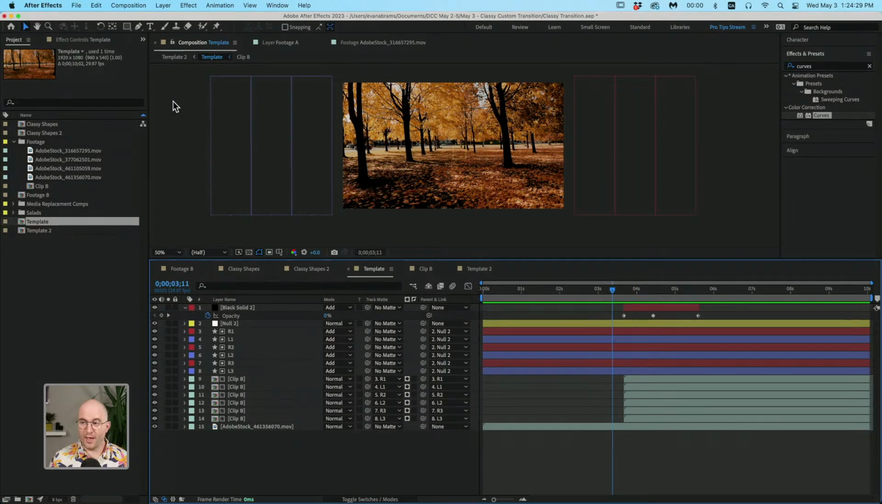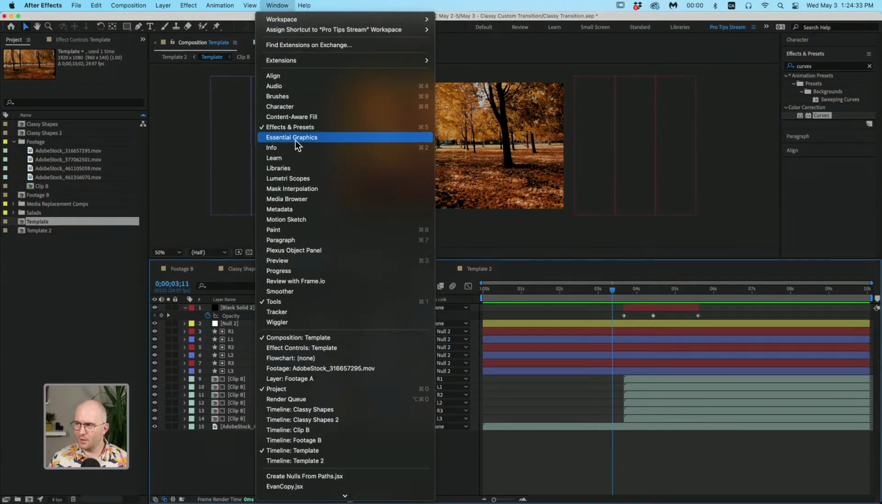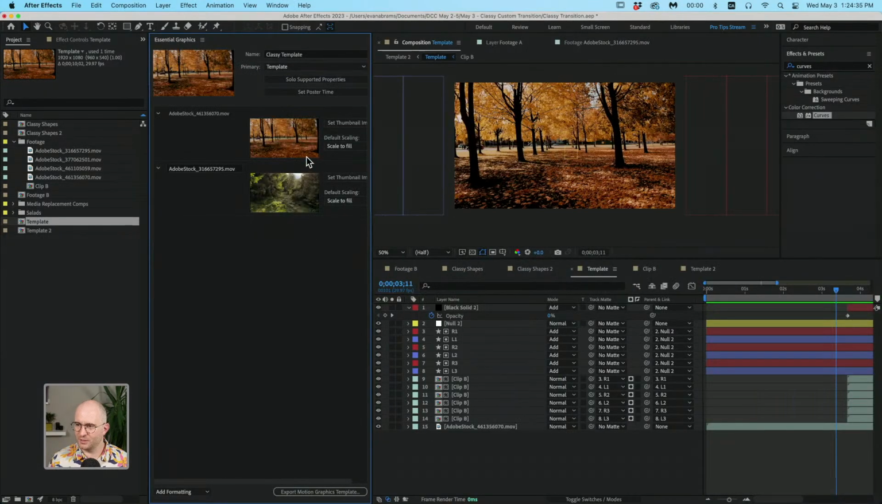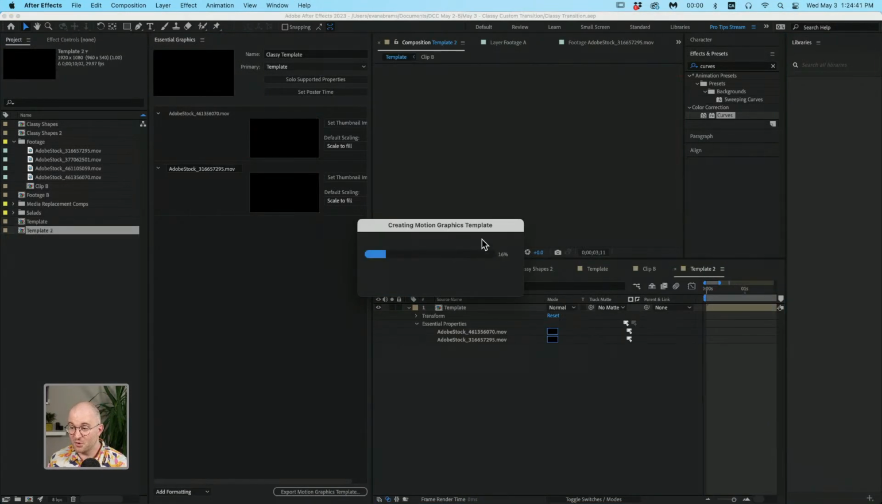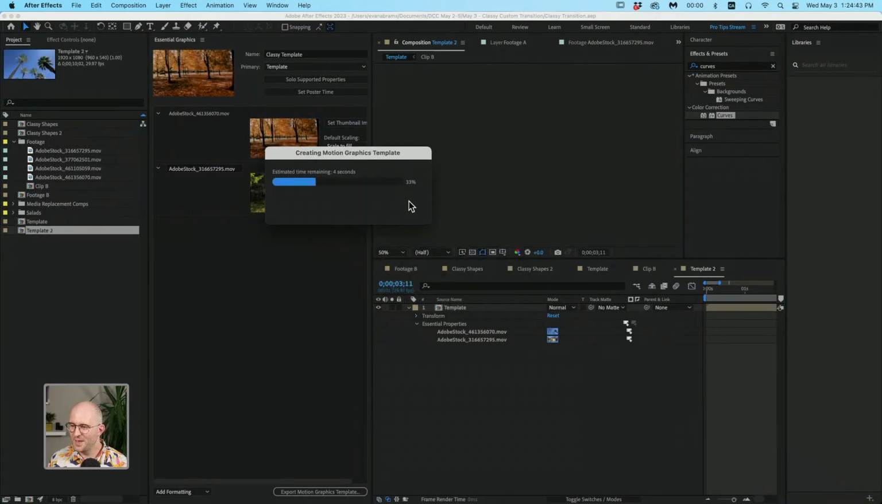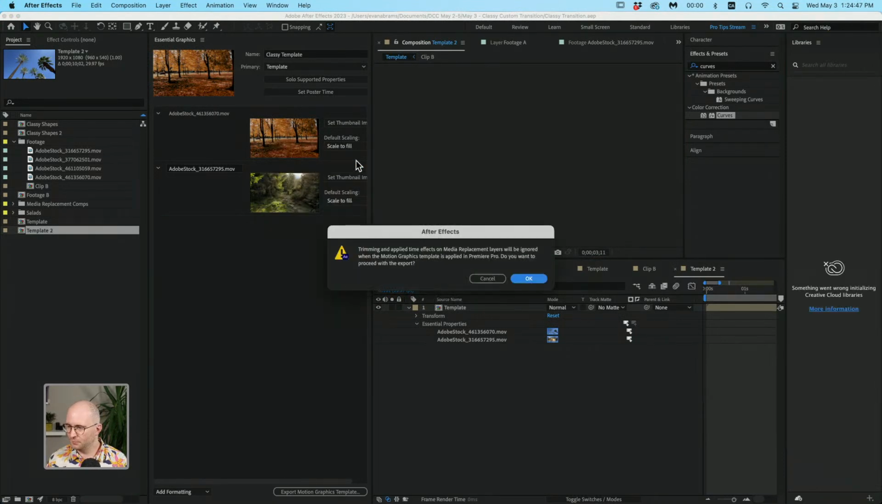But in order to export our template, again, we must return. We want to go Window, get our Essential Graphics back into the mix, and you just come on down here to Export Motion Graphics Template. It's going to ask me to save. You should be saving early and often. But when you export the Motion Graphics Template, whoop,